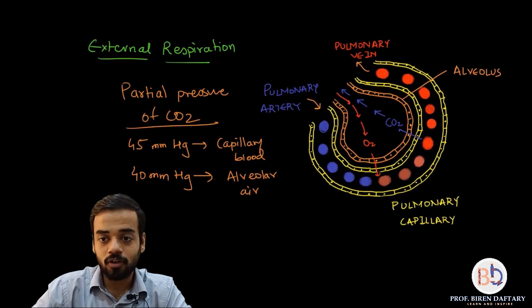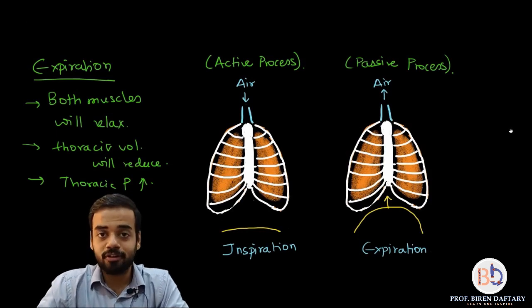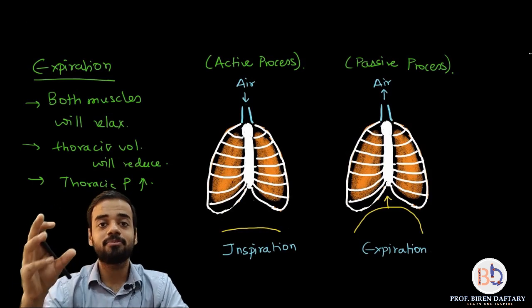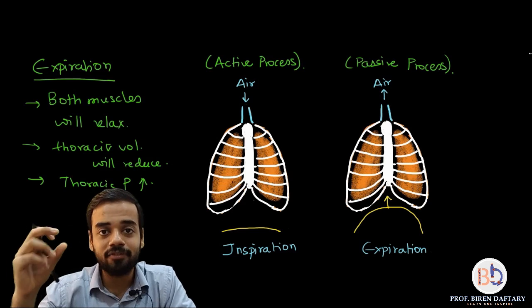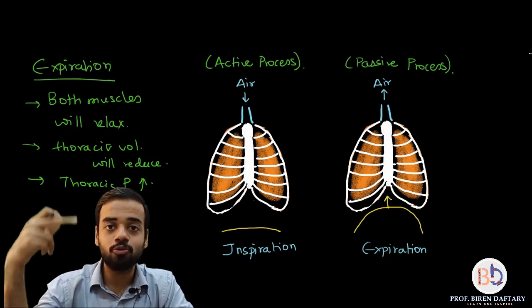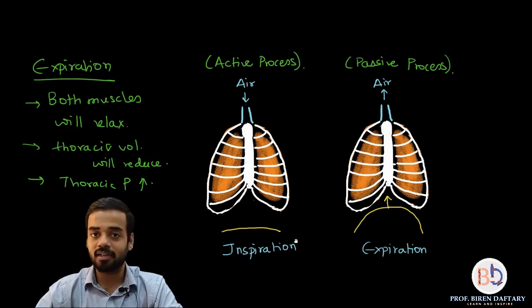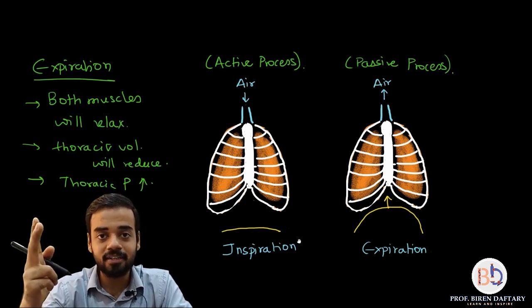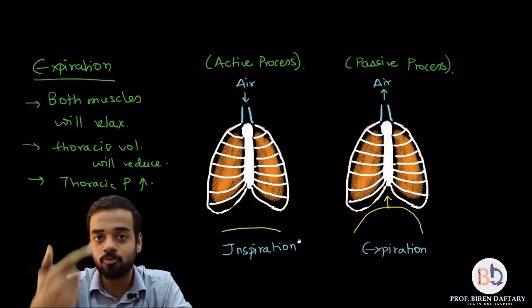So first of all, we had studied about the diaphragm. I told you diaphragm acts like a septum. What is a septum? A septum is basically a wall which divides the part. So diaphragm divides the cavity into the upper, which is the thoracic cavity, and the lower, which is the abdominal cavity. That is why it is a septum. It is a muscle. Now in mechanism of respiration, first thing is breathing. Breathing involves two parts: inspiration, expiration. Inspiration is taking up of air, expiration is removal of air.